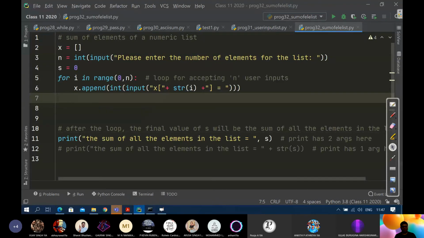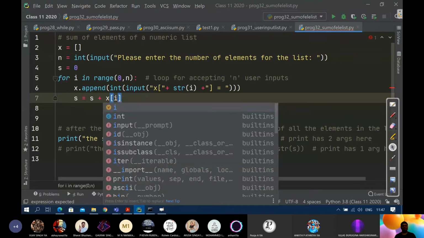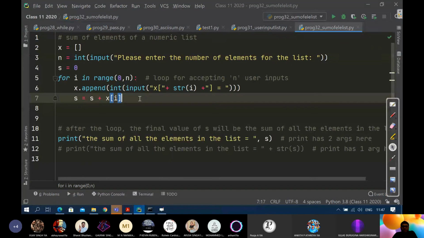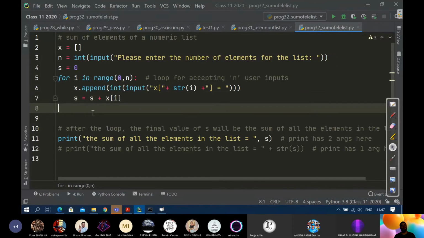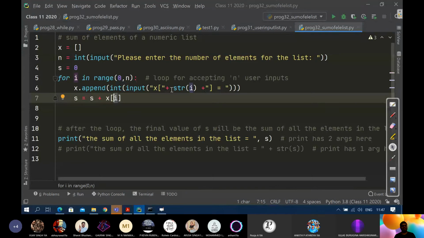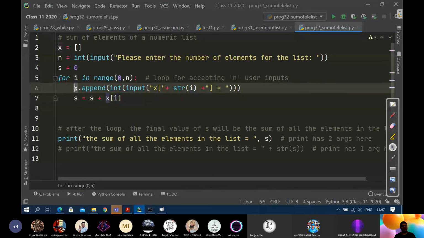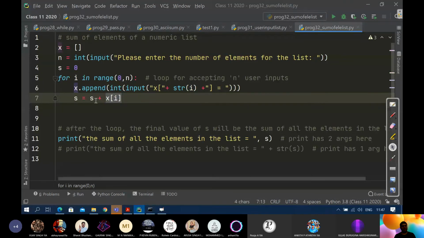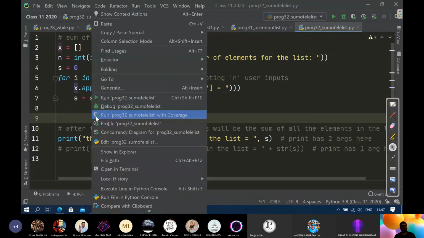Look, what will happen if I give s is equals to s plus x i here itself. Why use two loops? Why should we use two different loops? Will it give the same answer? Here also you are getting one value in x, and then at that x index position, 0th index, you have the value obtained in x, x0. Then you are using the x0 to add in s. Next time x1 will come, then on x1 you will add the value in s.